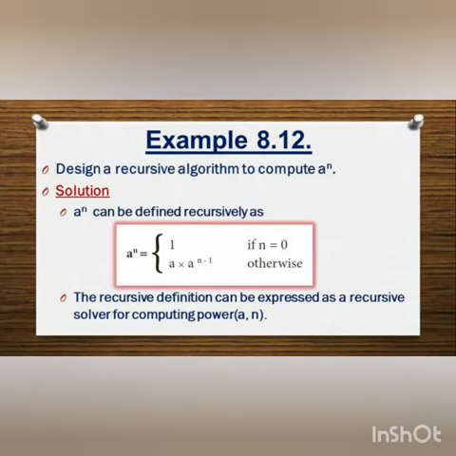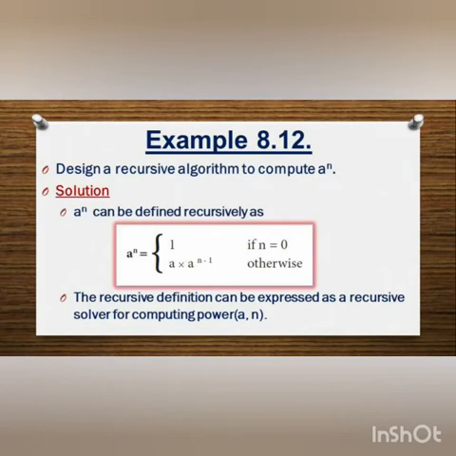The next one is, we are going to construct an iterative algorithm to compute a to the power of n. So, a to the power n is equal to 1 if n is equal to 0. So, if n value is 0, we will get the output 1. Otherwise, we have to find a into a to the power of n minus 1. For example, 2 to the power of 5. Here, how do you calculate this? A value is 2 and the n value is 5. So, 2 into 2 to the power of 5 minus 1.